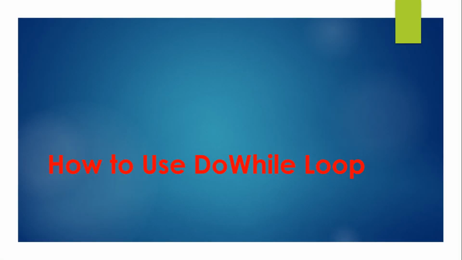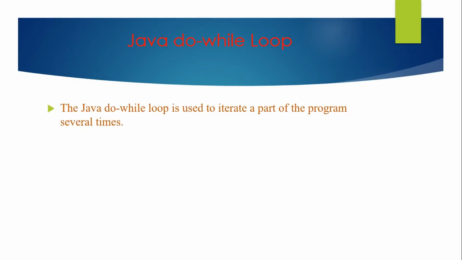We are discussing how to use the do-while loop. The Java do-while loop. The Java do-while loop is used to iterate a part of the program several times. The do-while loop is an exit control loop that repeats a statement or a block of statements until its test